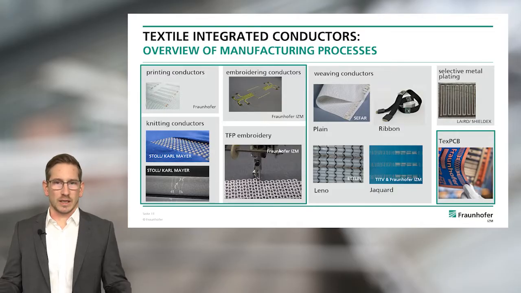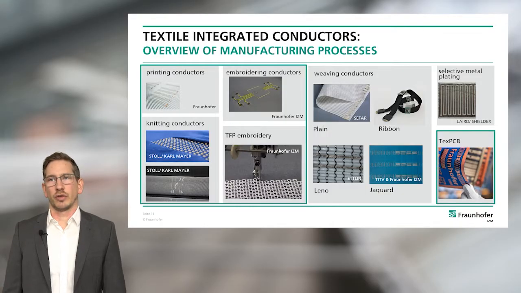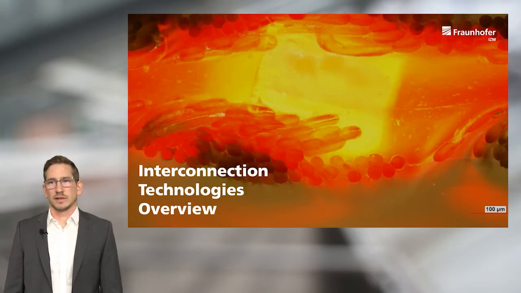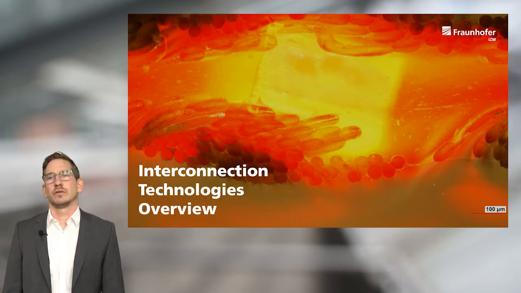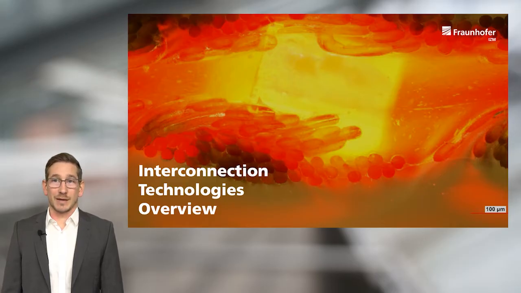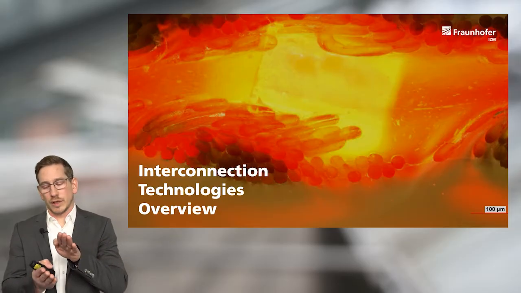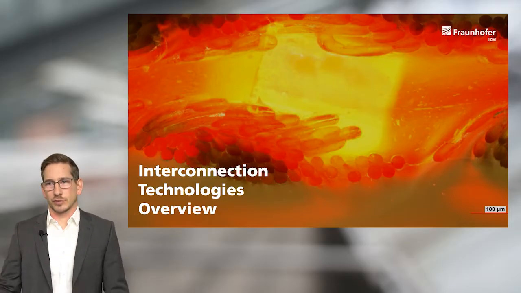So when you then have your textile circuit board, let's say, ready, then you need to think about integration of electrical components into these circuit boards. And that's what my following slides will cover. Interconnection technologies, an overview. The picture here below, what you can see is actually very old, so I think 12 years ago, we tried to embed bare die LEDs into textile circuits, and there we basically laminated these bare die LEDs in between two fully conductive fabrics, and this is a cross section of this. But let me talk about